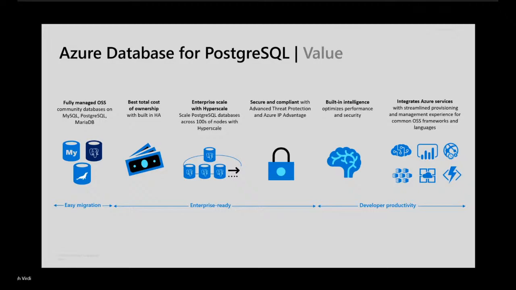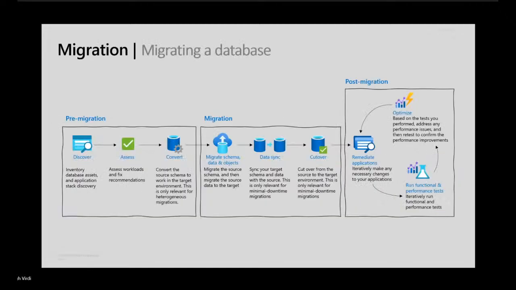And apart from that, the last and I would say not the least is the way it can interact with other Azure services. For example, Azure Functions or Kubernetes, AKS, or Cognitive Services or Power BI. These are all built in, which means if you have to build a complete architecture deploying with PostgreSQL, you are much more beneficial here in Azure because you can integrate it with a lot of PaaS services. Okay, so this is from the value perspective.